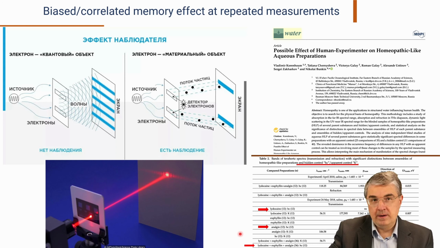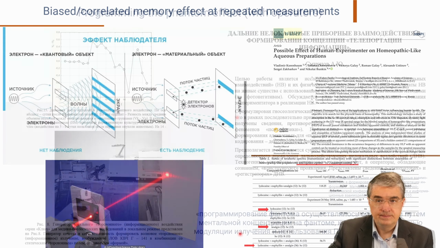So between experimenter and object, this effect is quite well known. We normally call it the effect of the critical observer. So to conclude, yes, this is a common point of view: a human experimenter, a human operator, can influence and interfere with physical experiments.